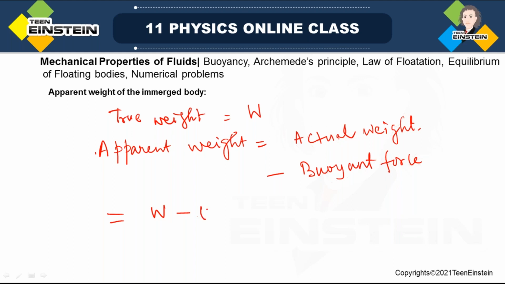Let me write it as upward thrust U. Now what is this? This is the weight of the object. Suppose this has density rho, and this is the liquid. This has density sigma. So see, weight of this will be